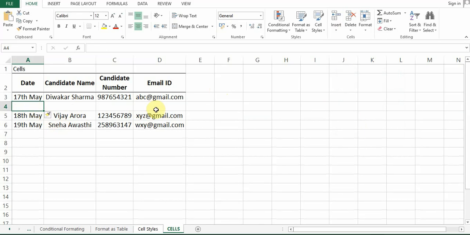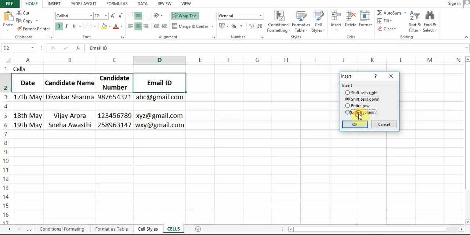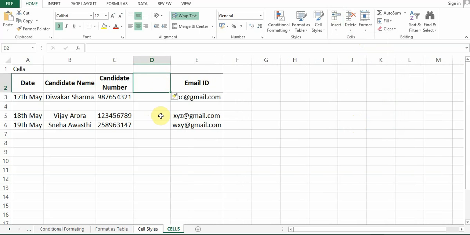A new row has been inserted. What if you want to insert a new column before the email ID? So what you'll do, click on email ID, insert, cells, entire column, click OK. As you can see, it has been inserted.